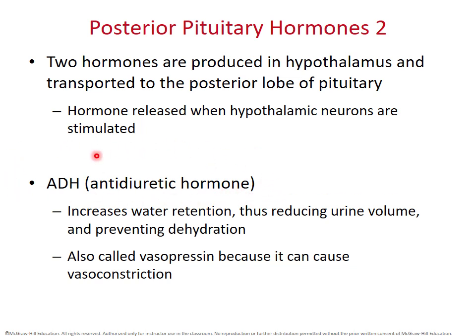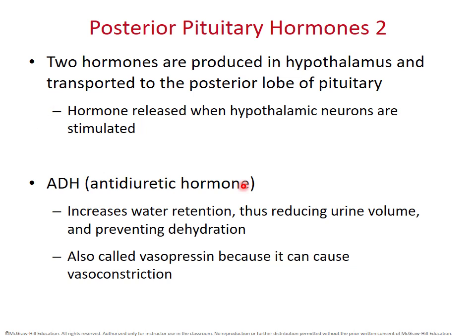Remember, antidiuretic hormone is a hormone that promotes the reabsorption of water by the kidneys. So the more antidiuretic hormone you have, the more water you reabsorb from the filtrate back into the bloodstream. So this reduces the urine volume. All right, so its immediate effect is to prevent dehydration,